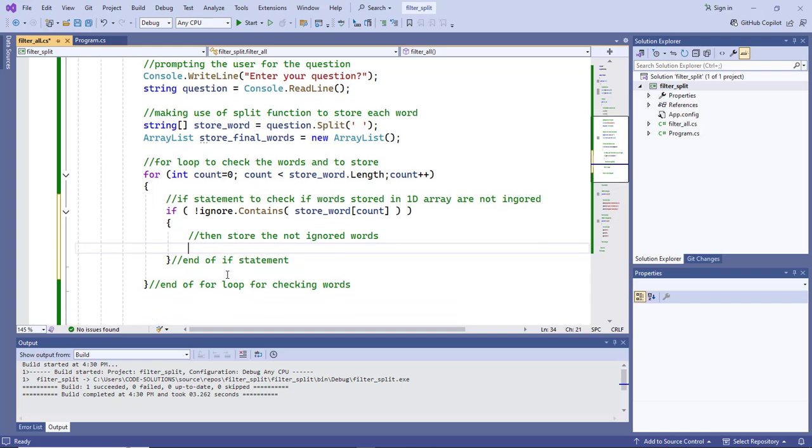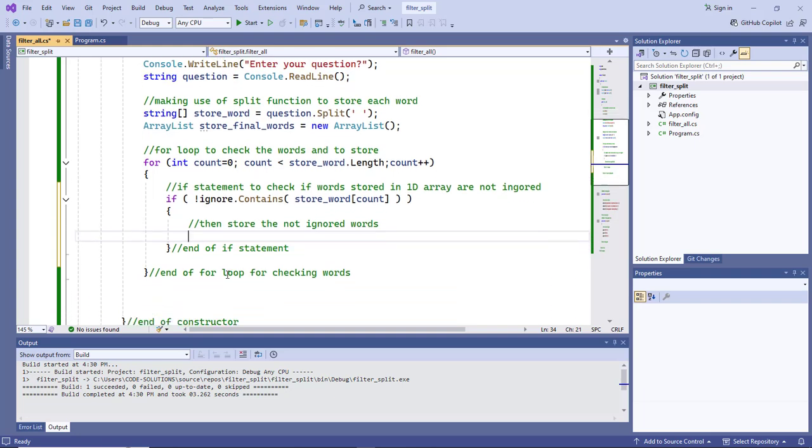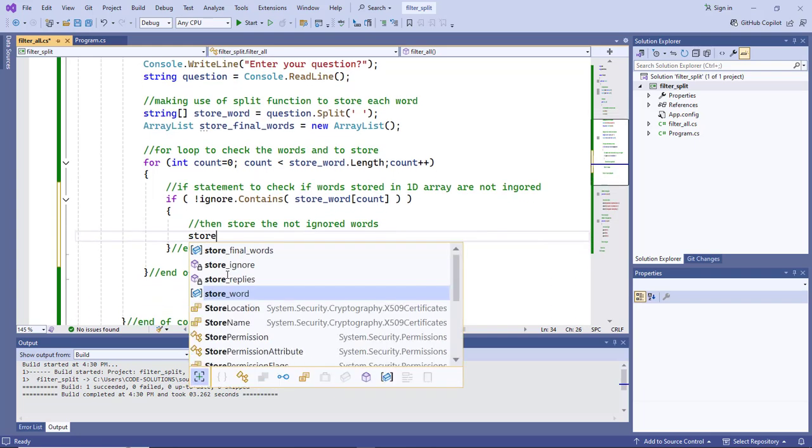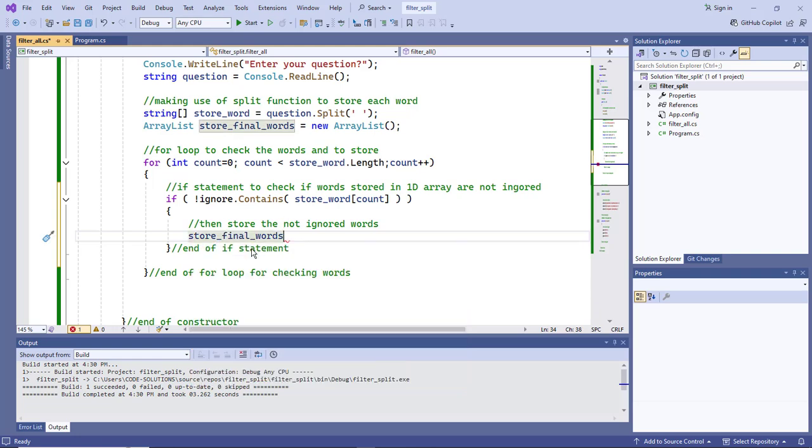So now this is where we get to add them. So we store the final, right? And this is how it will be. We'll store the final, and in the final you will get to capture this